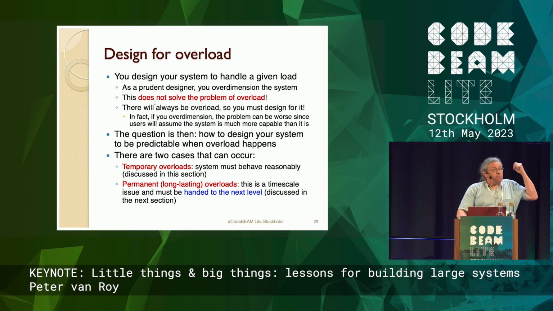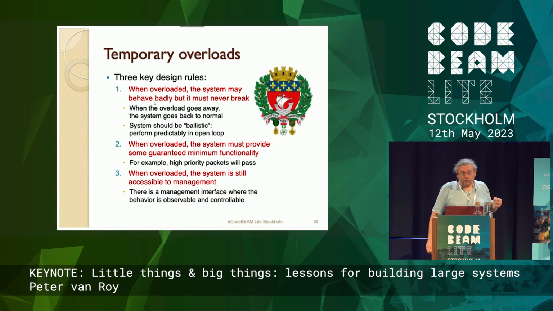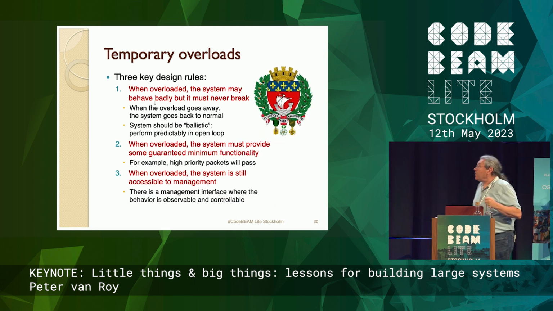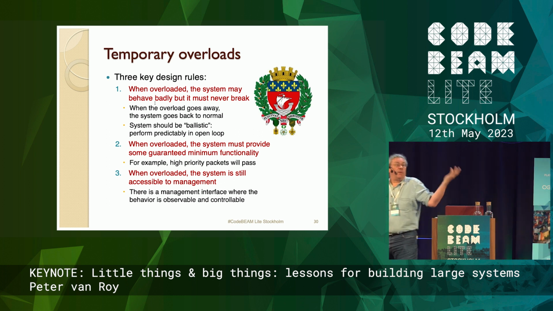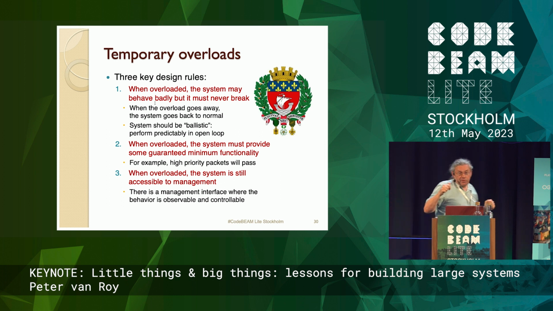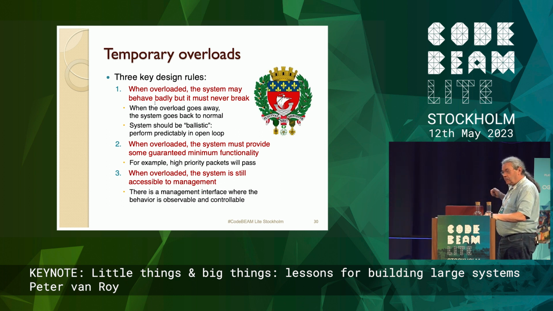So the system must behave reasonably on temporary overload, and there's 3 design rules. First of all, when overloaded, the system may behave badly while it's overloaded, but it must never break. That means when the overload goes away, the system has to go back to normal. I think many people kind of understand that, and there's some good examples in Erlang-based systems. I show this